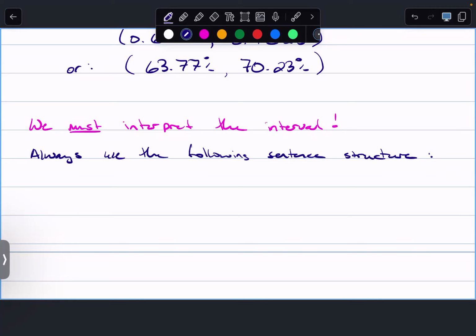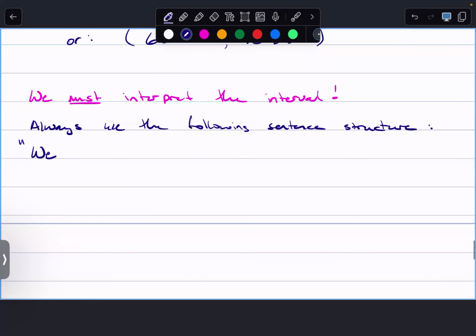And just remember that there are so many ways that you can misinterpret it. So don't try to make it fancy. Just stick with this sentence structure. So we are some percent, so whether you made a 90% confidence interval or a 95% confidence interval doesn't matter. So we are some percent confident